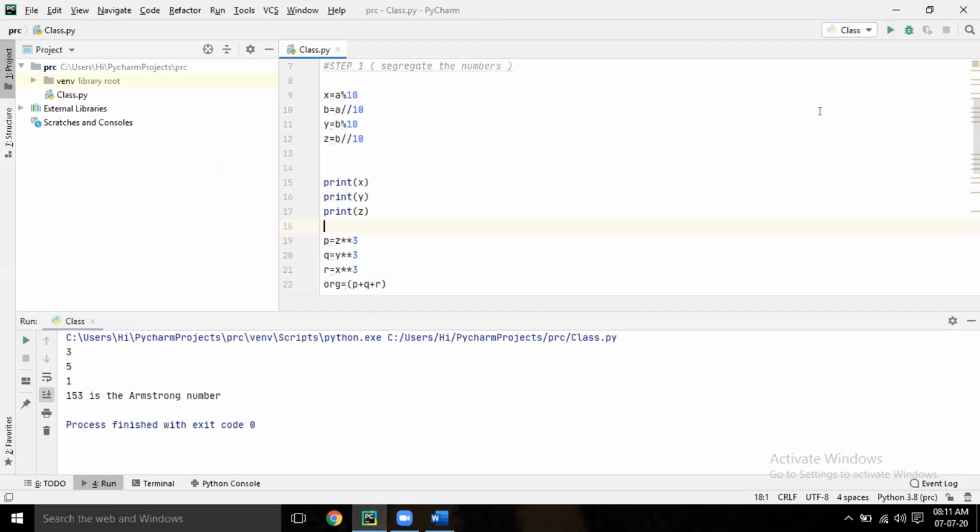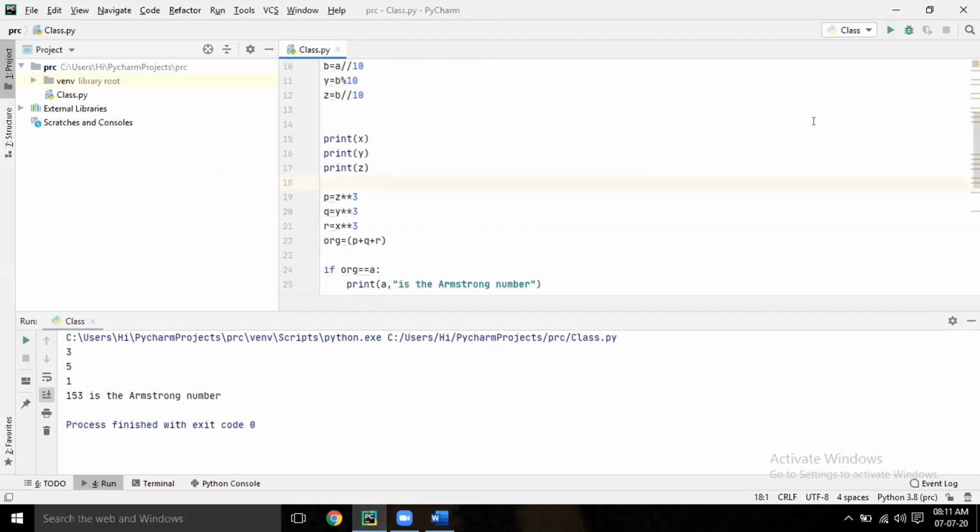Perfect. You are getting 153 separately. This print statement is to test whether you are getting it correctly or not.